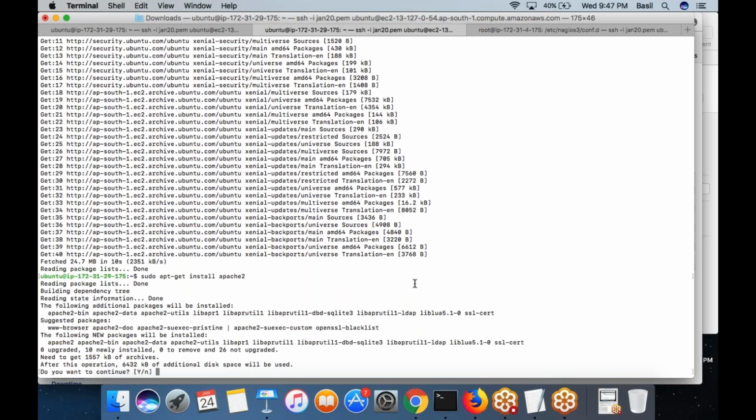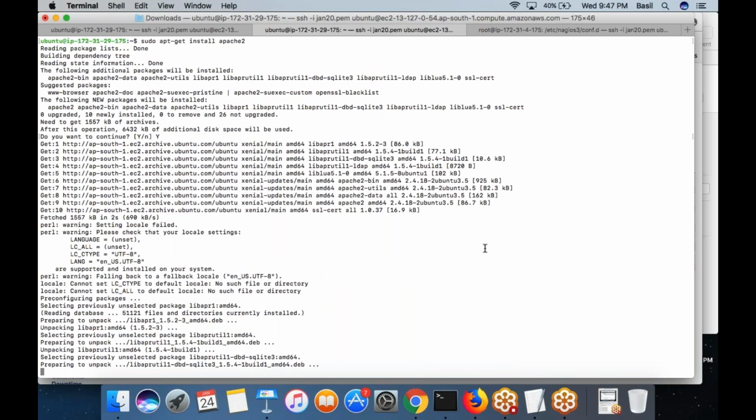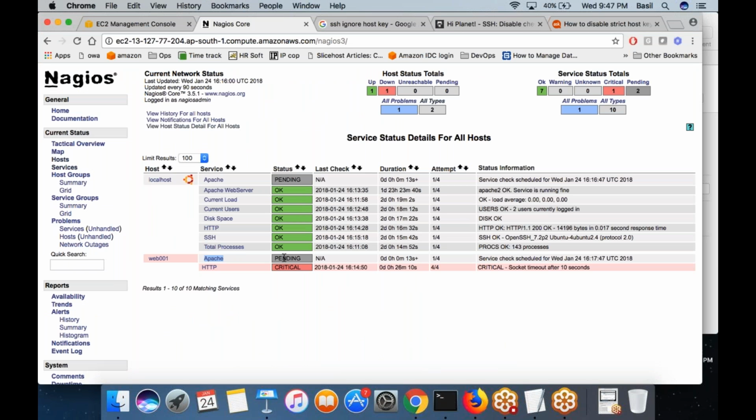I am already installing Apache in the web server 01 machine. Now I don't know if the check will run before Apache gets installed.